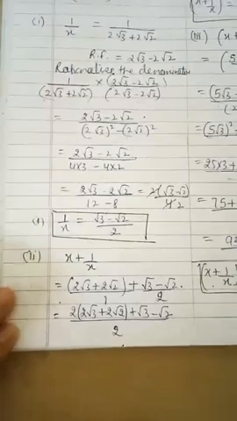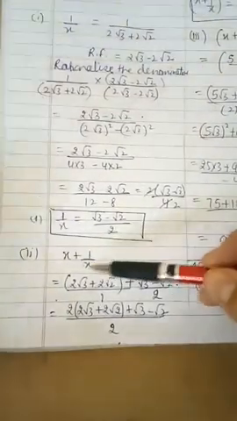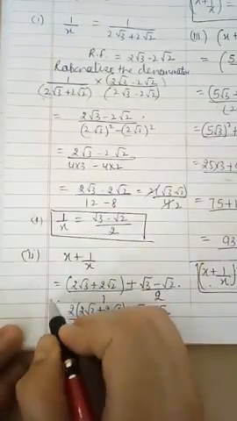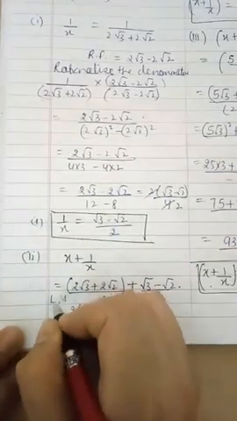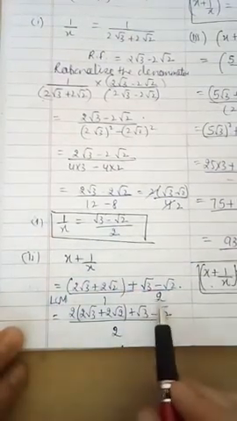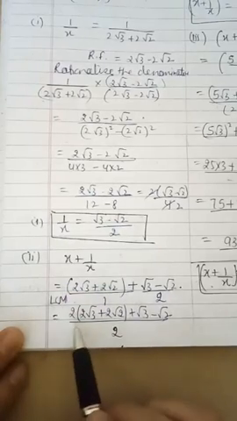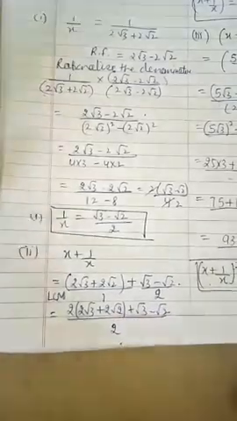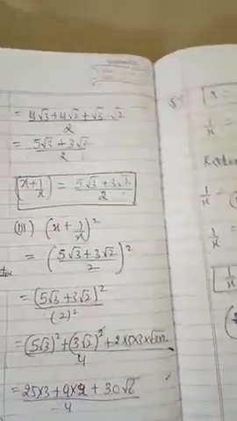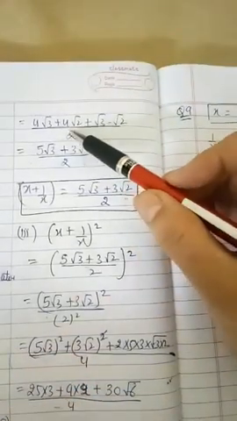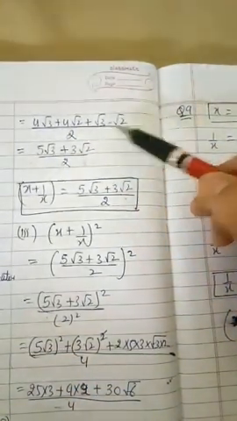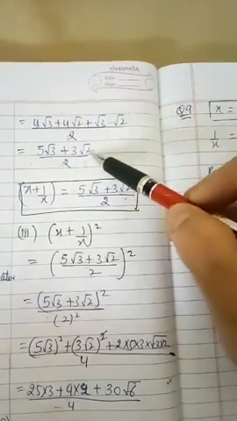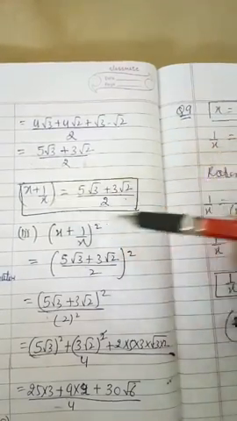Your second part is x plus 1 by x. Put the value of x and then put the value of 1 by x also. Then you will take LCM. When you take LCM, this 2 will go in front of this bracket, and then you can multiply this 2 into 2, 4, and again 2 into 2, 4. You can see in the next step I have written clearly, it is 4 root 3 plus 4 root 2 plus root 3 minus root 2 over 2. This will be added, and you can subtract root 2 from 4 root 2, it is 3 root 2. It is x plus 1 by x. This is the second part.